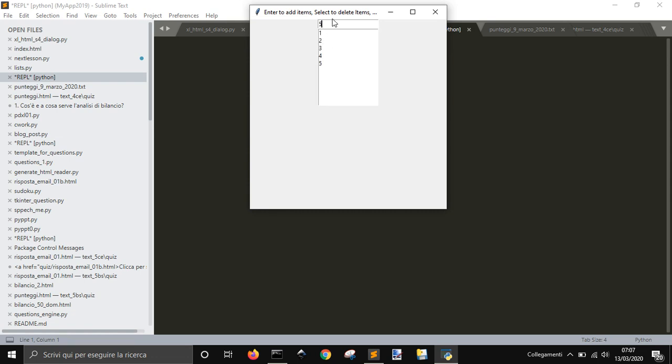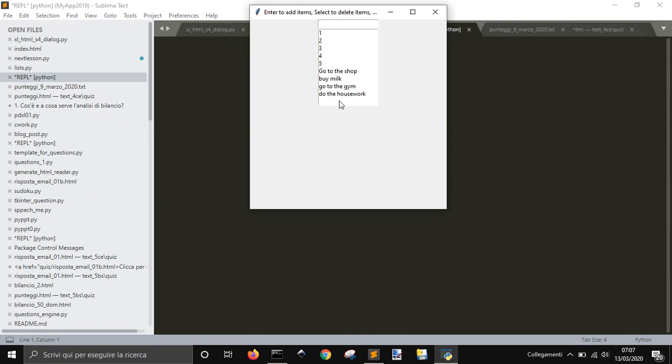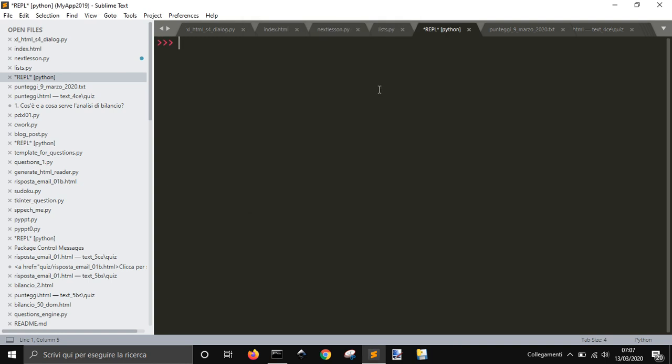1, 2, 3, 4, 5. Go to the shop. Buy milk. Okay, let's see, we delete it like this. Go to the gym, do the housework. Now I want to save this stuff, so I'm going to save it. Go here, open it. Okay, I got them, but I did not delete this one, and so I need to,